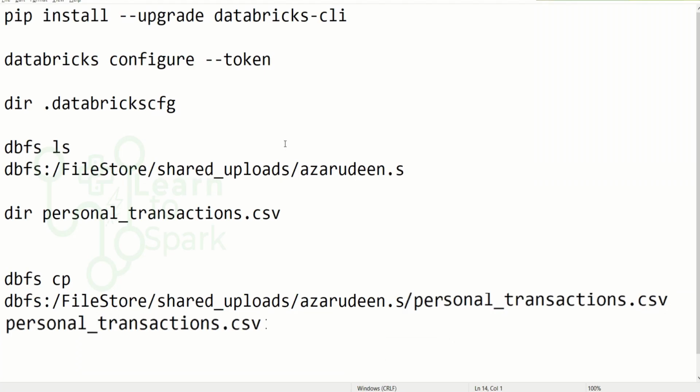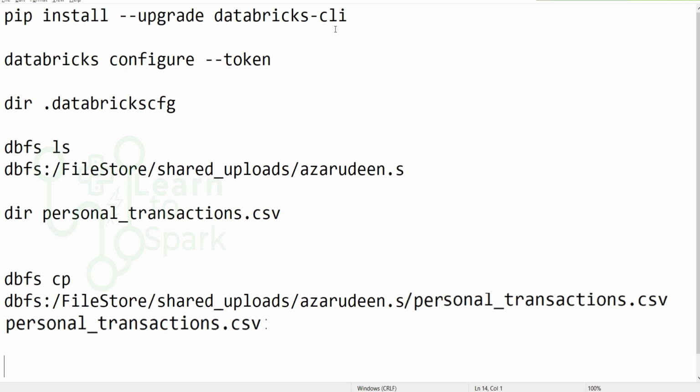The steps are: we need to run the pip install command first, and then we need to configure the token, and then from there we can list all the files that are available, and then from there we can copy the file from our DBFS into our local machine. These are the steps. I have given all the steps in the description. You can go ahead and access the link for you to try it on your own.